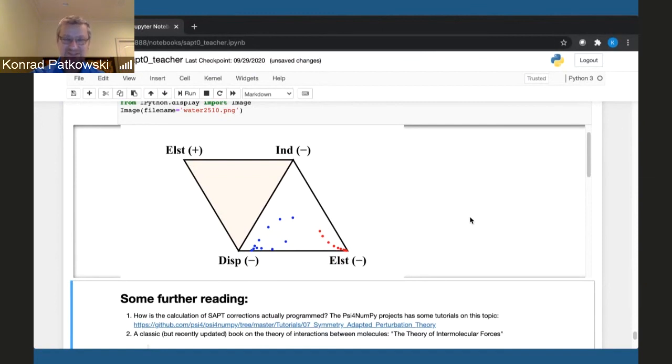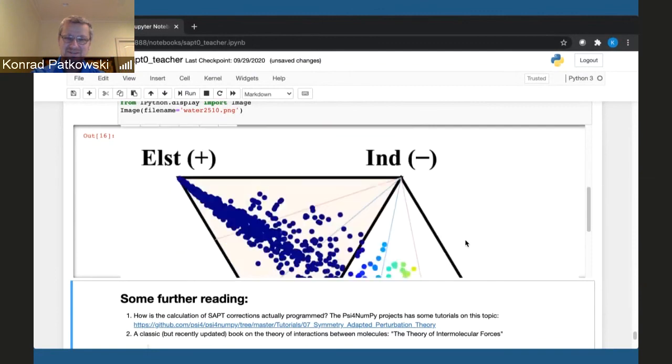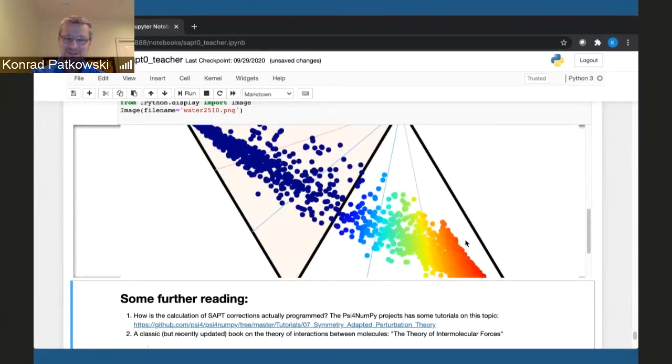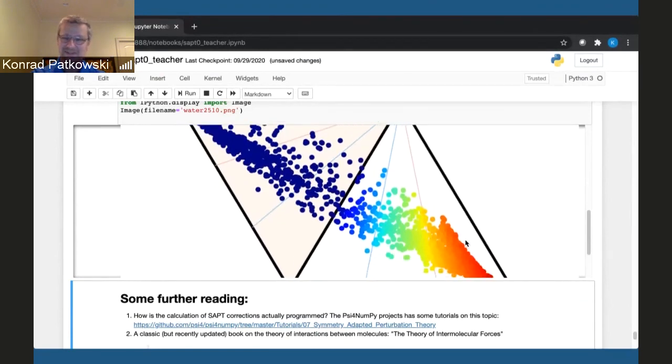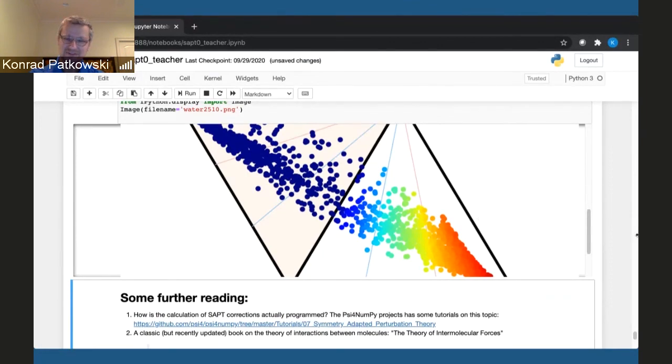And just as an illustration to the students, we show a similar diagram for just all the water dimers you can imagine. These are 2,500 water dimers, and depending on the orientation, are dipoles favorable or not, you can get all kinds of points on the diagram as well. So